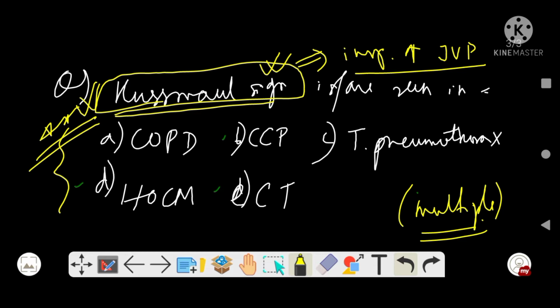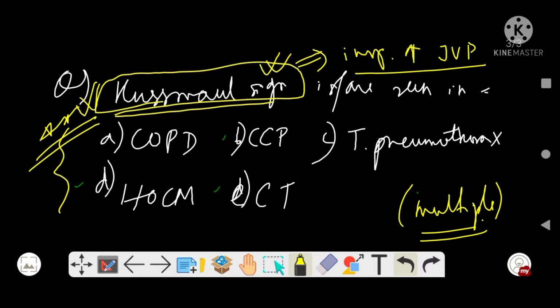which was preliminarily thought to occur in patients of chronic severe constrictive pericarditis, right? When the heart is unable to accept the increase in the right ventricular volume without a marked increase in the filling pressure, right? So this was initially thought that okay, in constrictive pericarditis only there is Kussmaul sign, but now the concept has changed, right?